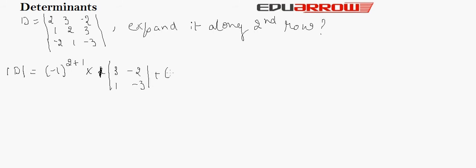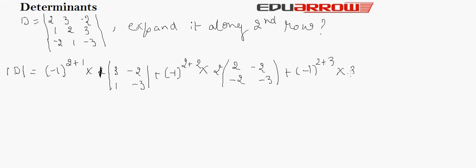Plus minus 1 to the power second row plus second column, into common element 1, remaining elements 2, minus 2 and minus 3, plus minus 1 to the power second row third column, that is i is equal to 2 and j is equal to 3, into common element 3 and remaining elements 2, 3, minus 2 and 1. We will solve this equation and get